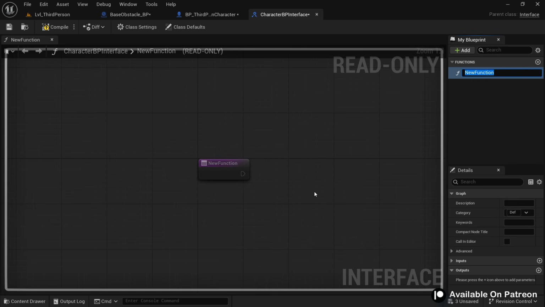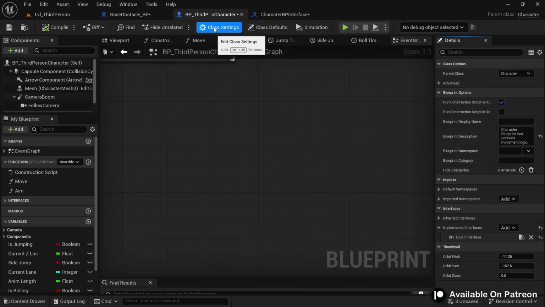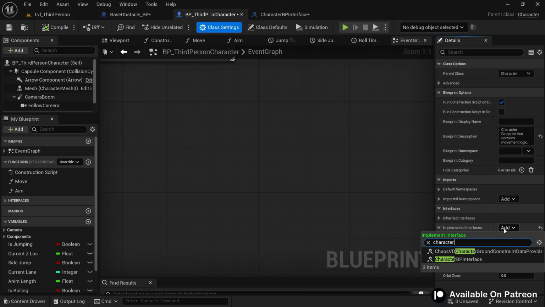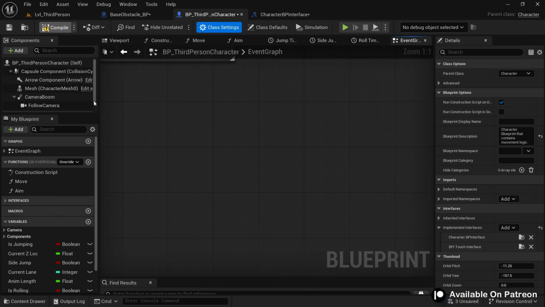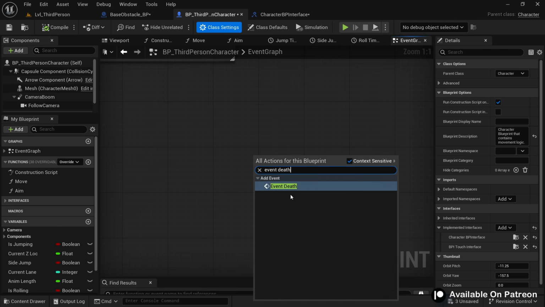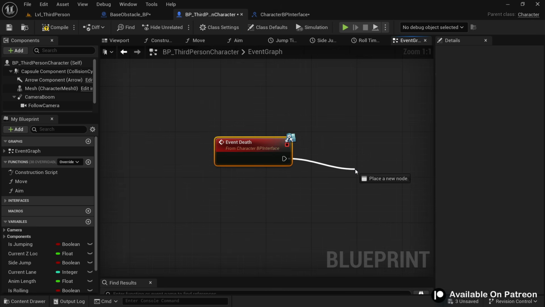Then open this up. And here let's name this function death. Now let's go back to our character blueprint, and here click on class settings, and down here in the details panel you can add the blueprint interface. So just search for the character BP interface which we just created, and now we can define this function inside our character blueprint. So here just search for the event death. There you go. You can see it looks like any other custom event,